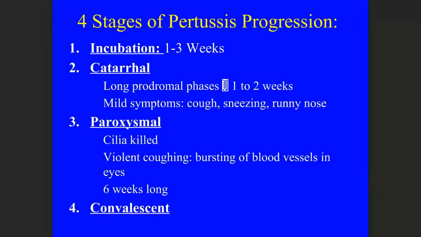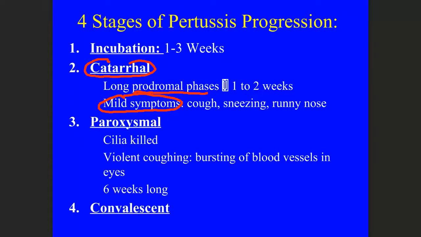Now, pertussis has 4 different stages. Okay. The very first stage is about a 1 to 3 week incubation stage, where there's not any signs and symptoms, but then the person will enter into a very long prodromal phase. Remember, the prodromal phase of a disease is where they're experiencing some mild symptoms. Okay, maybe some cold or flu-like symptoms, but they're not really sure what they have. And this stage is called the catarrhal phase. It can last a couple of weeks or so.